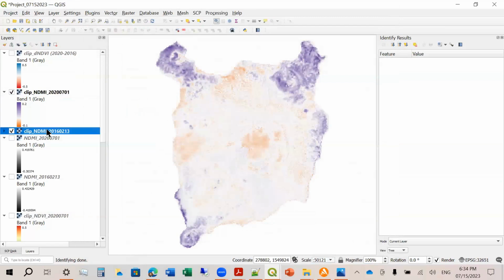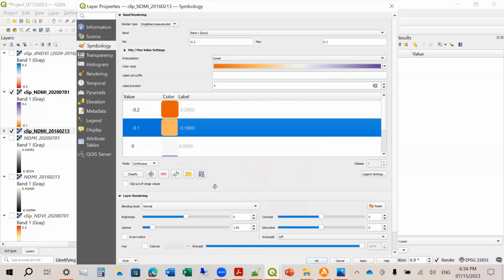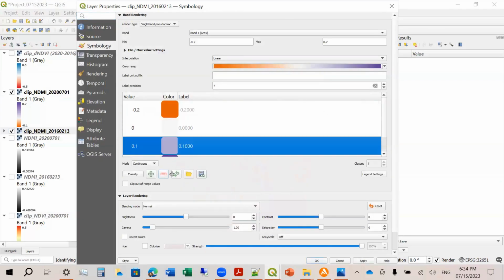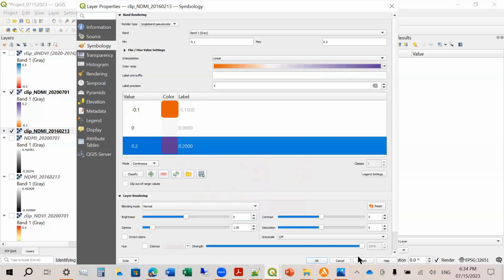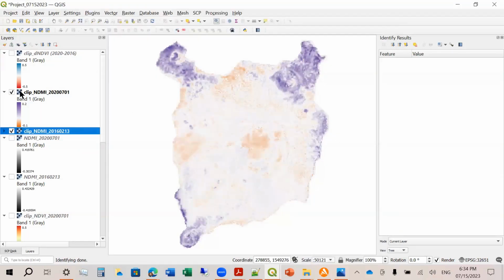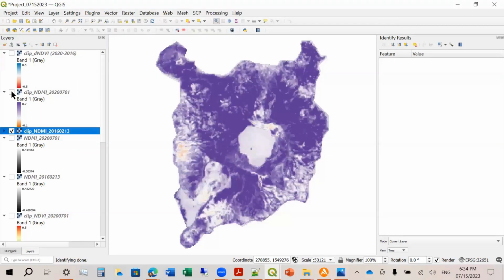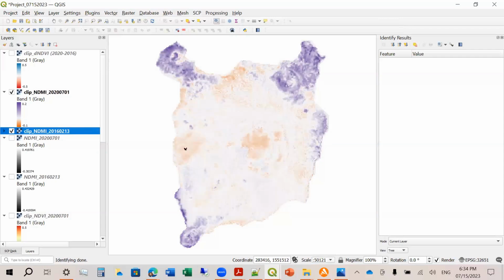And then this one, same goes here. Let me just remove this. So this is just a minimum, 0, and maximum. So this is 2020. This is 2016. Okay, so you notice the change. So this is very dry.